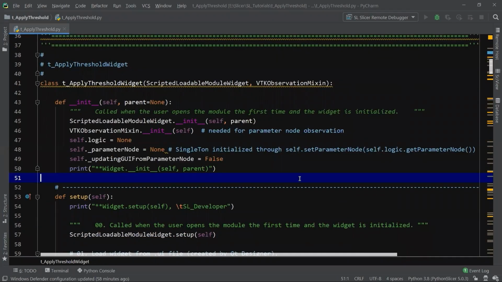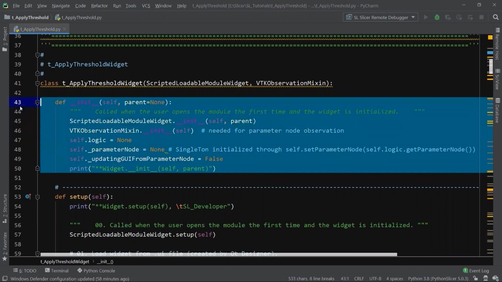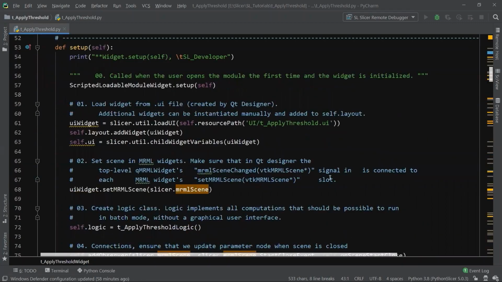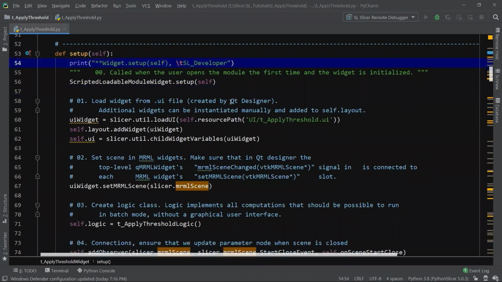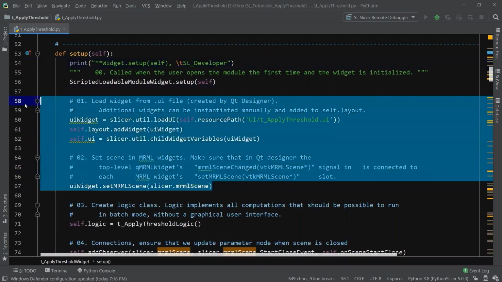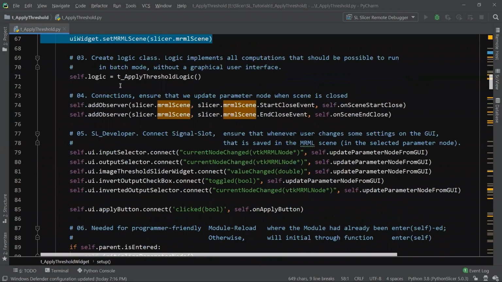The second class is the widget class. Nothing special in the constructor. We are now in the widget function setup, a very important function that deserves more commitment for a beginner. Step 0 belongs to 3D Slicer. Step 1 and Step 2 are to load the graphical user interface. Step 3 is to instance the logic class. All the first three steps are well designed by 3D Slicer, and we don't need to pay much attention.